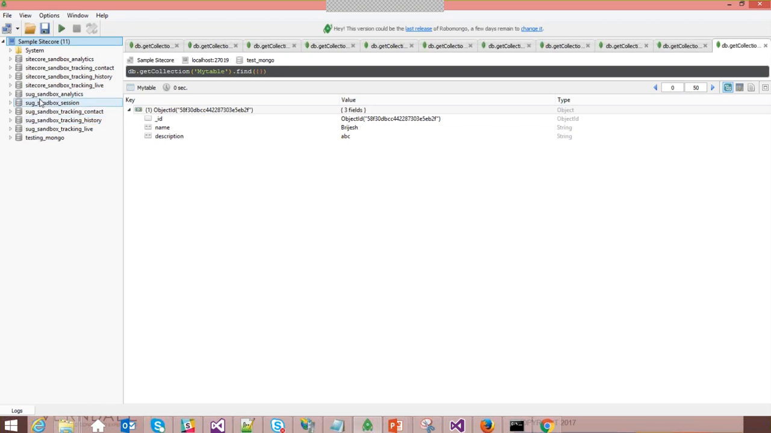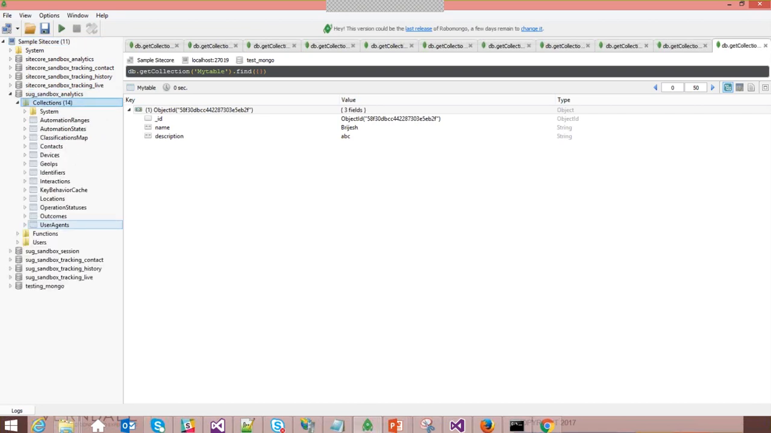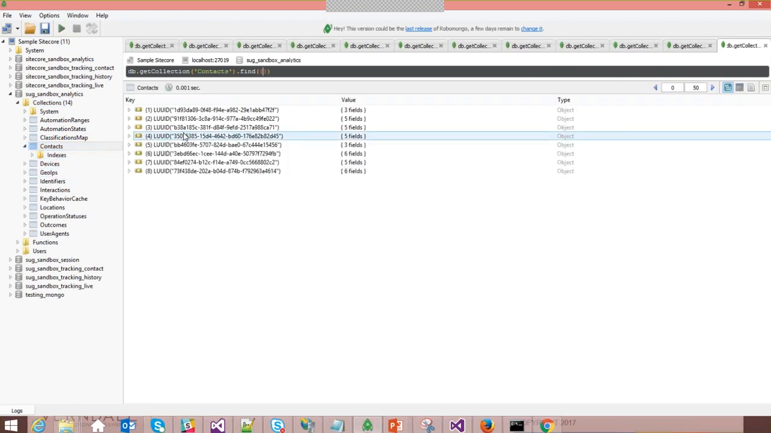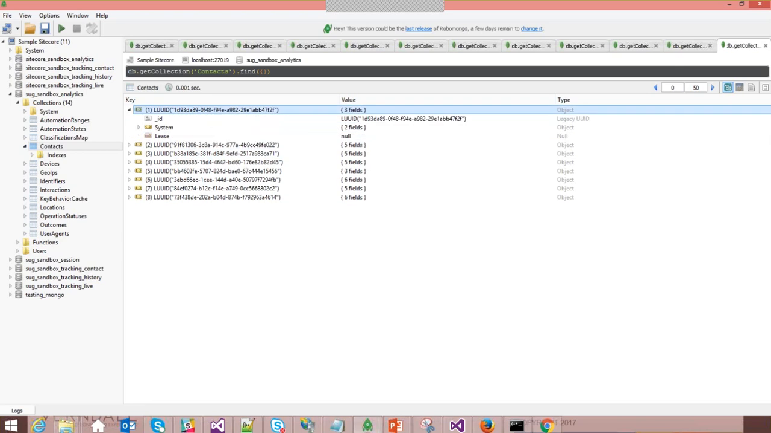So we have a SUG Sandbox Analytics, which has all these different collections added to it. Contact is one of them, right? And under contact, if you see, we have different contacts added. If you extend this contact, we don't have anything else. We are not seeing the identifiers here, because when I visited this application there was no authentication added. It was just anonymous browsing. But if you see some other users, let's say here,